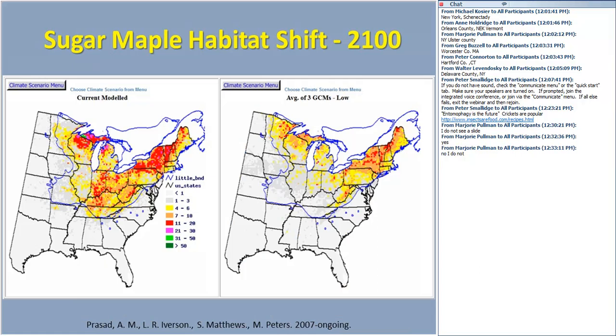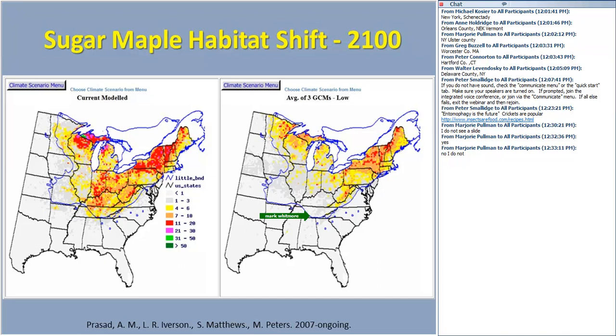And so I've been thinking an awful lot about what's going to happen with climate change. These models have been up there a while, and they're pretty solid. The science behind them, the physics, has been worked out, and this is sort of interesting when you look at it. Here we have in New York State an amazing density of sugar maple. It's one of the most common trees in the state. And then you look just almost 80 years down the road, and it's really changed. And indeed, if you look down here in Tennessee, it's basically been extirpated with this model.